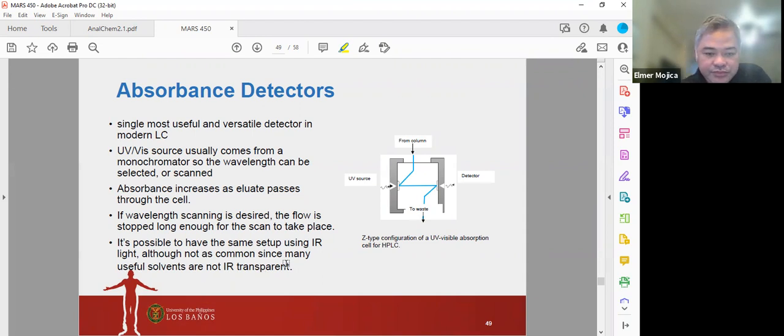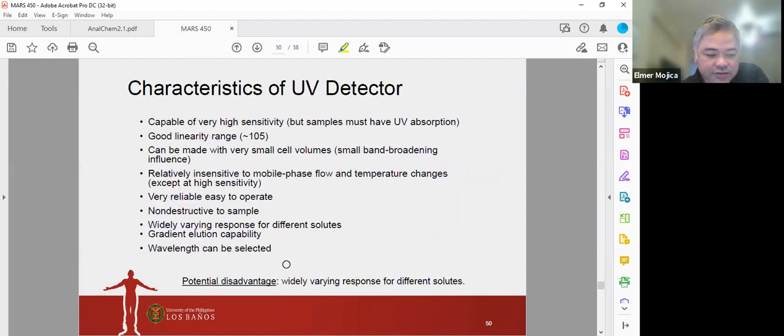Now, the characteristics of the UV detector: it's capable of very high sensitivity, but the sample must have UV absorption. We used this in our experiment, HPLC analysis of caffeine in soda. We were able to determine caffeine because it absorbed in some UV region, 200 something. It's a good